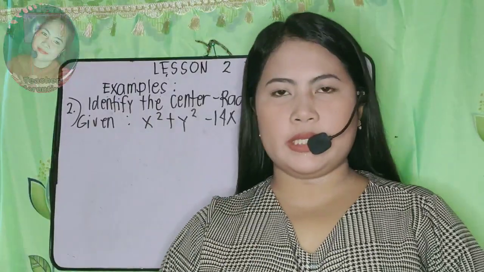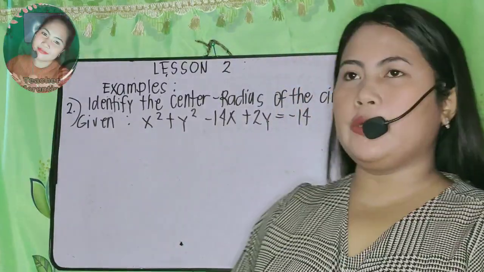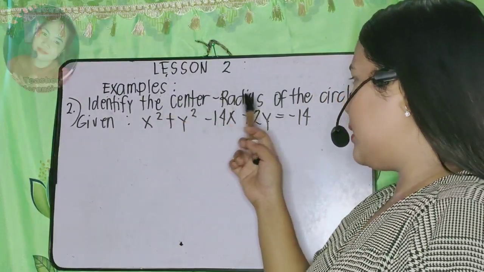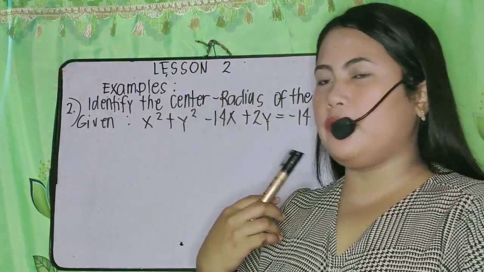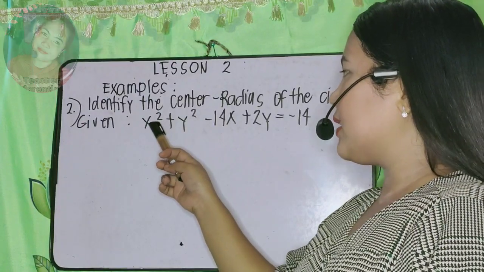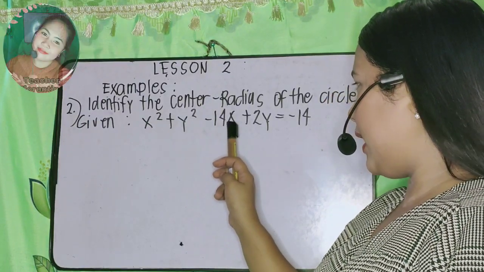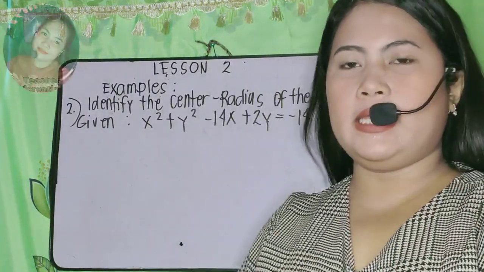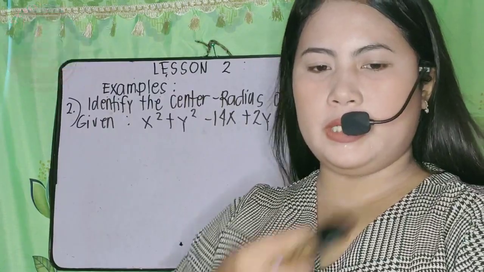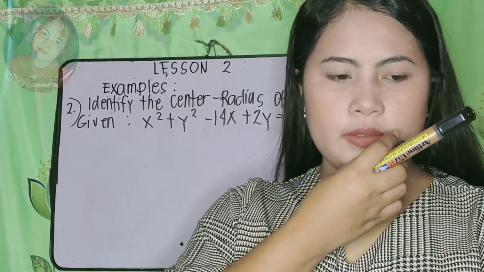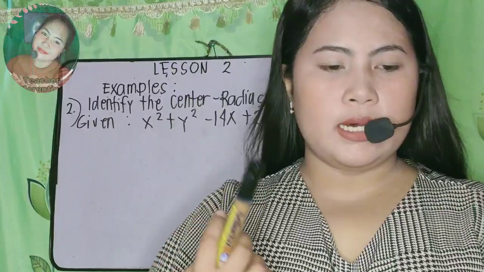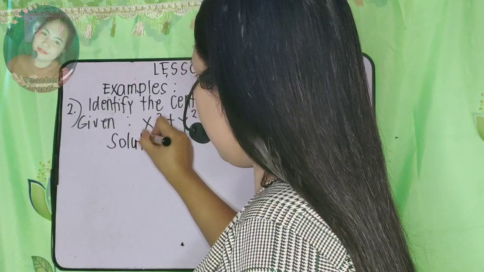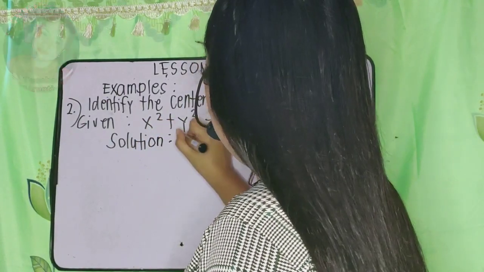Okay, so let's proceed to example number 2. Still, we're going to change general form into standard form. Okay, so identify the center and radius of the circle. So given equation or function, we have x squared plus y squared minus 14x plus 2y equals negative 14. So in here, we're going to apply our step, so which is first, we're going to rearrange the equation so that x and y are next to each other. Okay, so our solution, we have